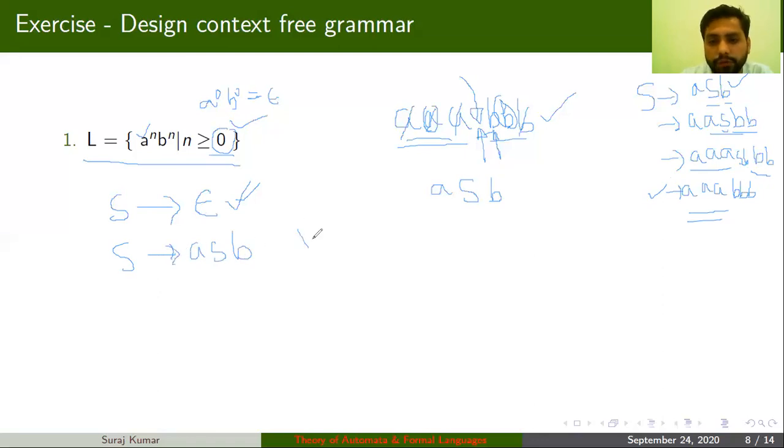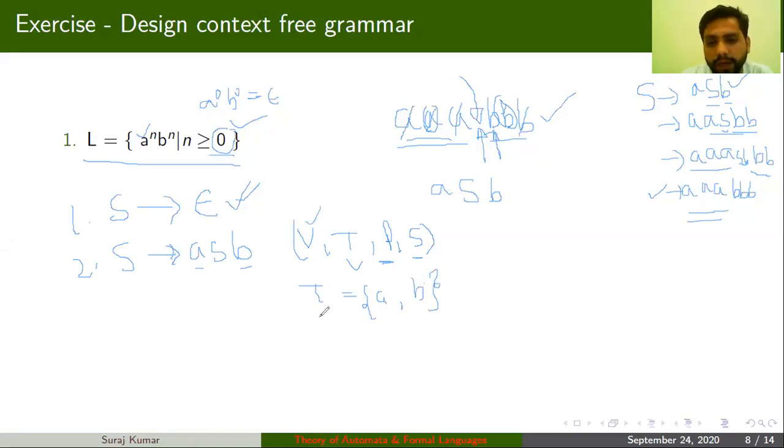So what are my grammar tuples here? V, T, P, S. Basically I have two productions, production number 1 and production number 2, so P is defined. The starting symbol is again S here, and the terminals are A and B. So you will write A, B in the terminal set, and the terminal set is a finite set.